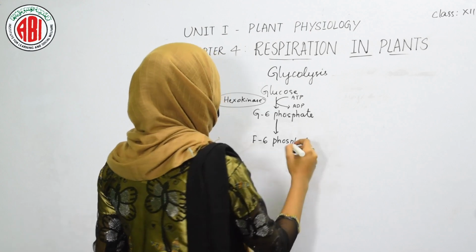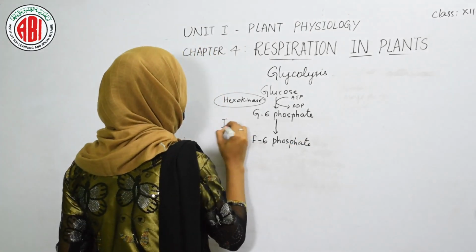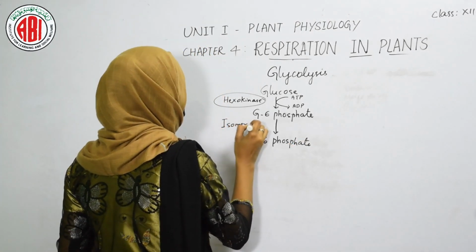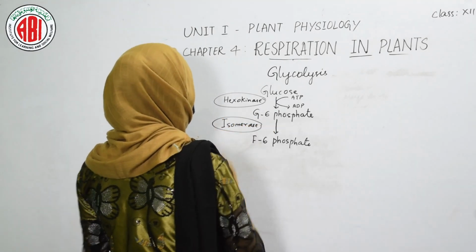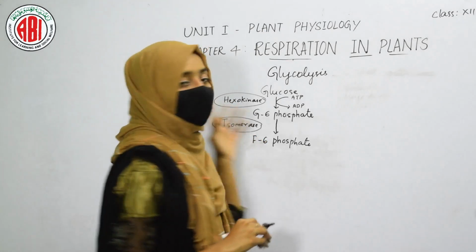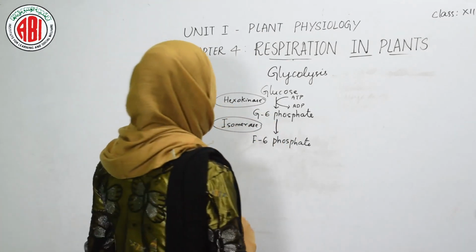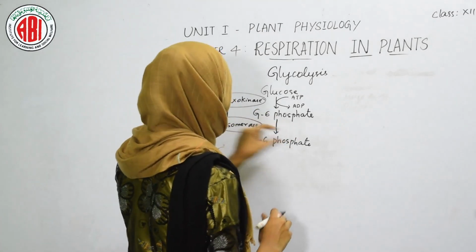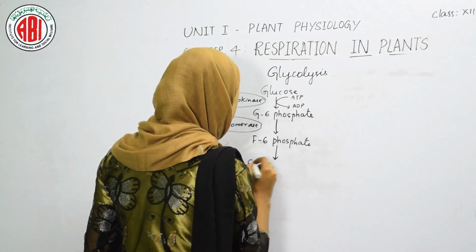And this reaction takes place in the presence of an enzyme isomerase. Glucose is also a 6-carbon containing compound, and here these two products are also 6-carbon containing compounds. Now this fructose 6-phosphate gets converted into fructose